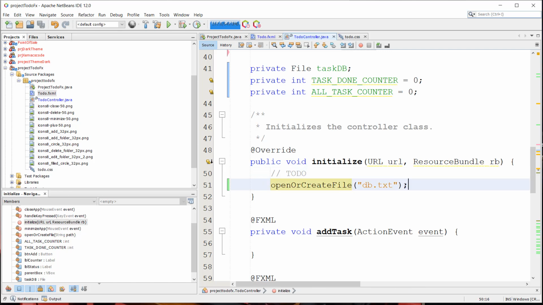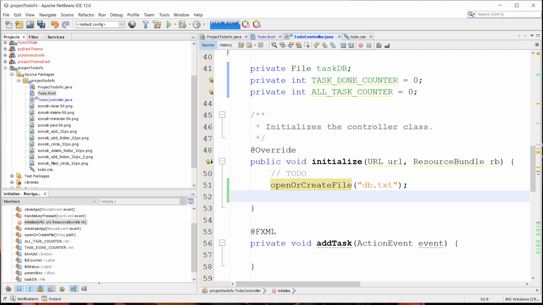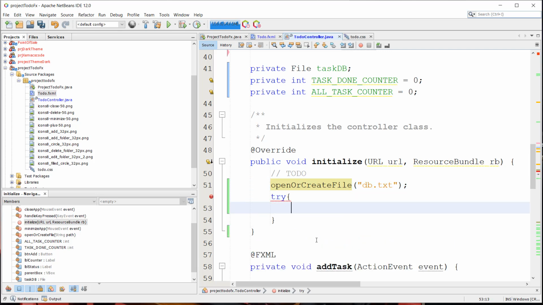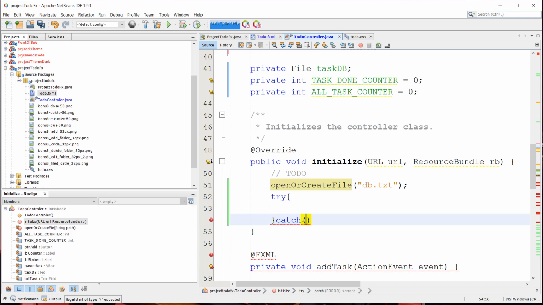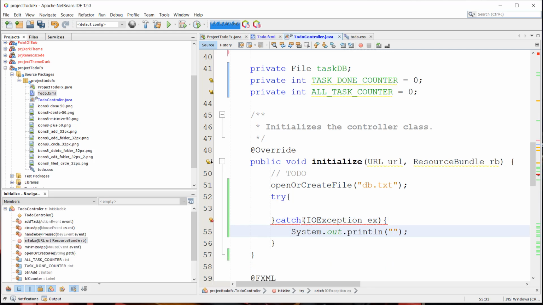Within our initialize method, we will add a try catch here. This will basically enable us to read the task within our txt file. So we can also add here an exception, ex, and then we can say "something went wrong". Okay,